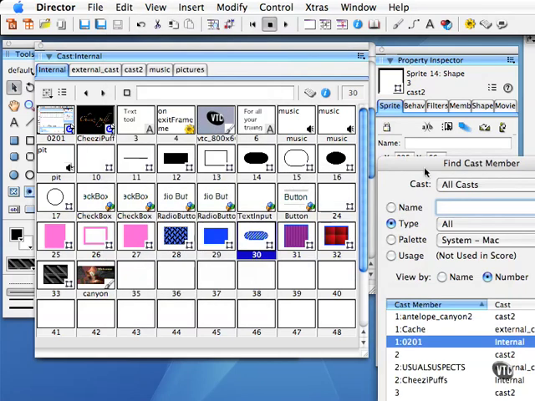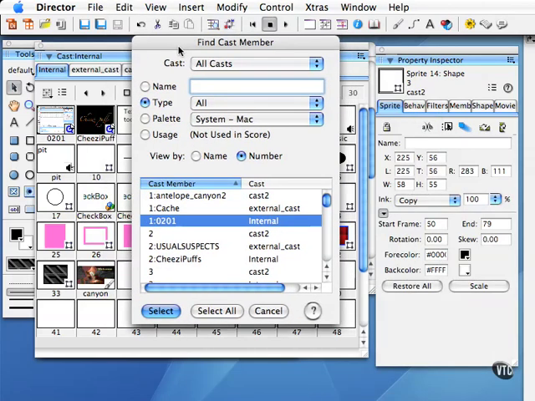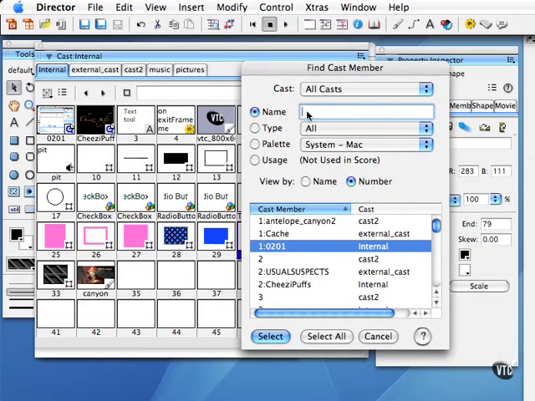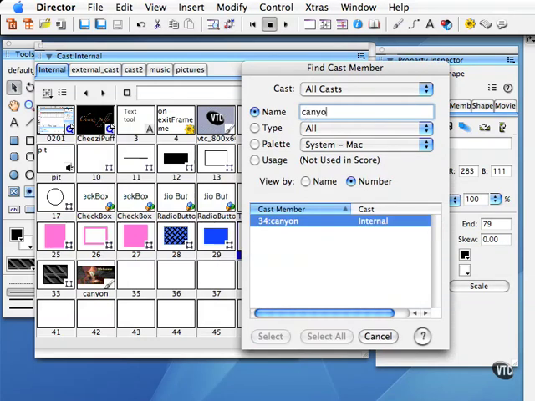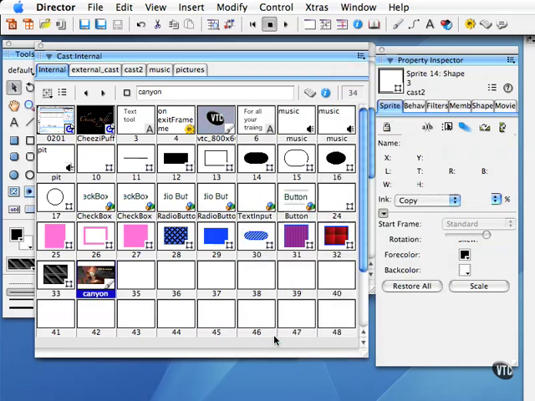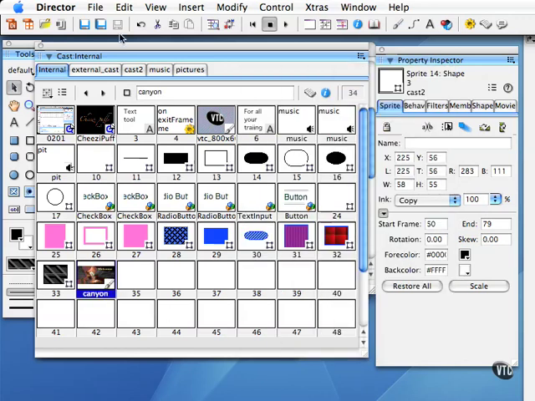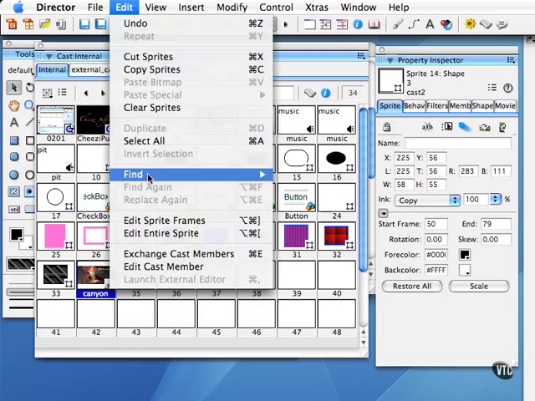That'll bring up this very nice Find Cast Member dialog. Notice you can search by name, type a particular name in there. So let's search for that Canyon graphic. Type the name and then click on Select, and notice that it found it right there. You can also